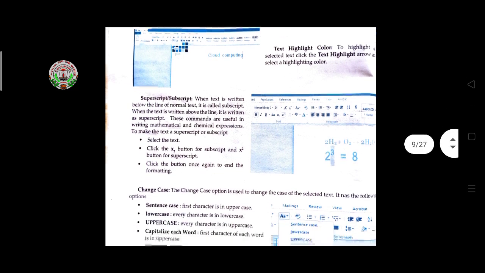Then superscript and subscript. You had done this superscript and subscript last year in HTML programming.